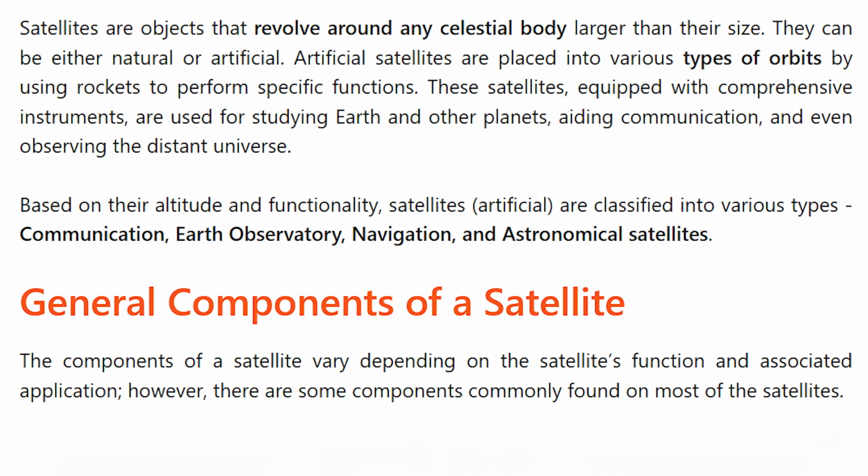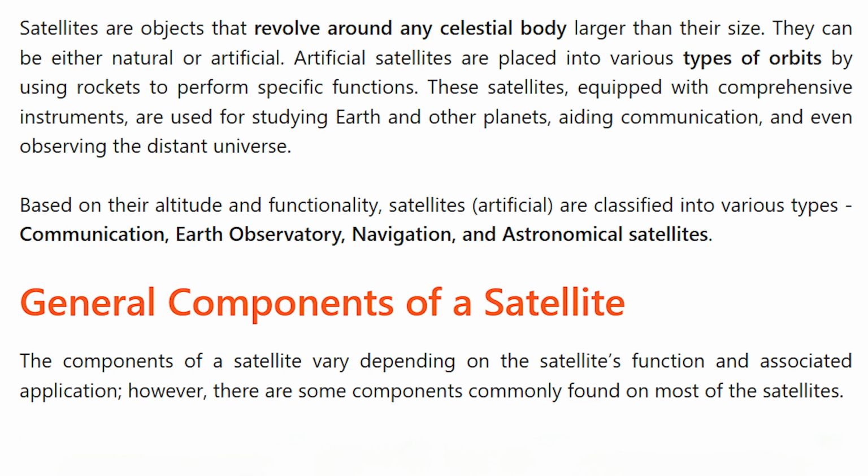Satellites are objects that revolve around any celestial body larger than their size. They can be either natural or artificial. Artificial satellites are placed into various types of orbits by using rockets to perform specific functions. These satellites, equipped with comprehensive instruments, are used for studying Earth and other planets, aiding communication, and even observing the